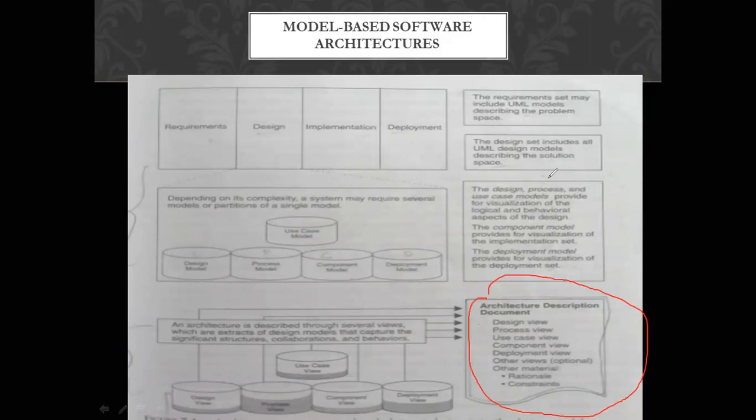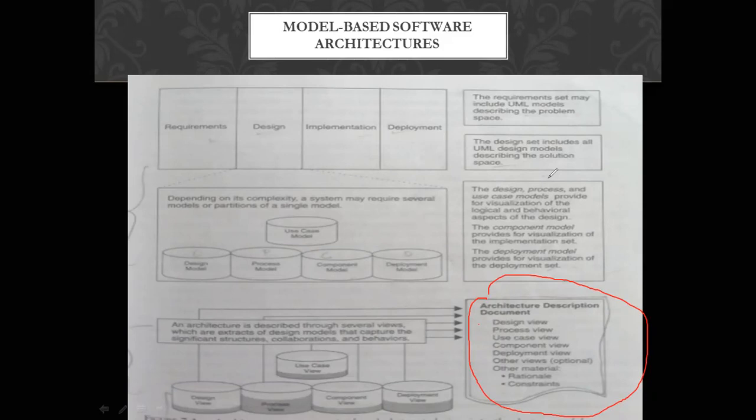Basically, for this introductory part, what you have to remember is that architecture is a combination of different components. Okay, it is a combination of different components, and how the communication and interaction between those components is happening, that you have to remember, and how these components, working together, make one complete architecture for the software development.